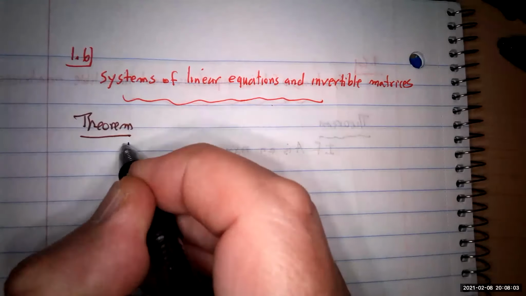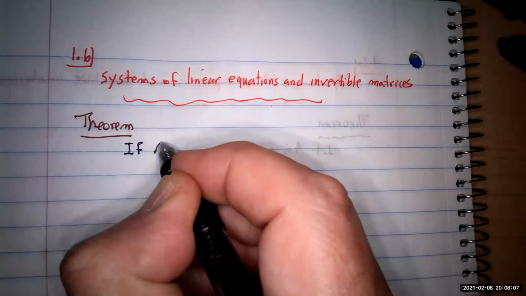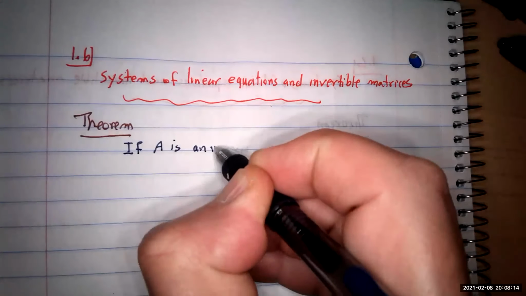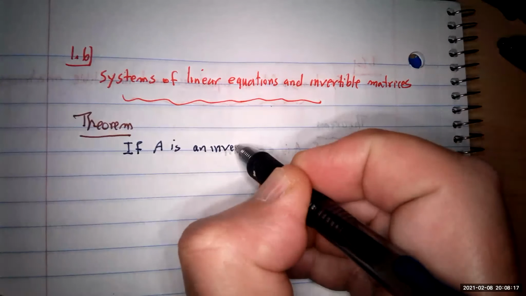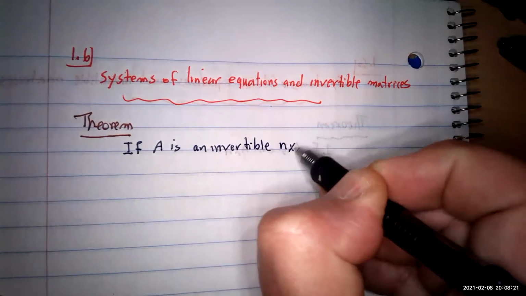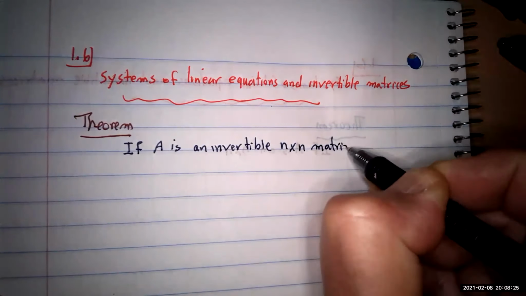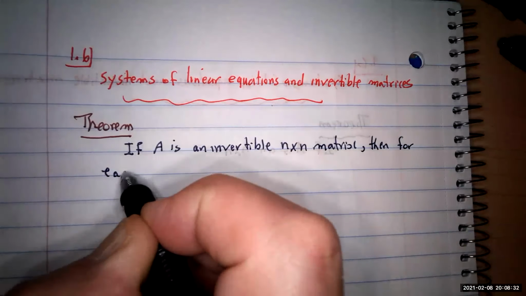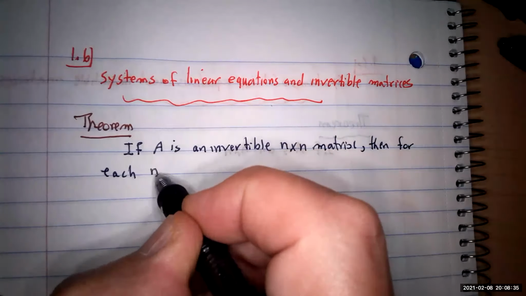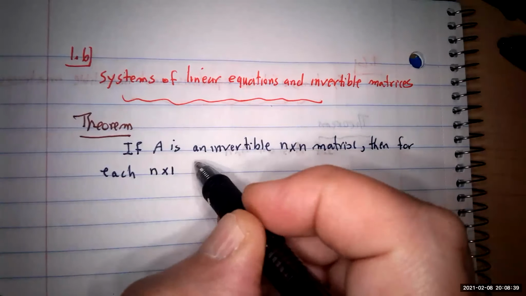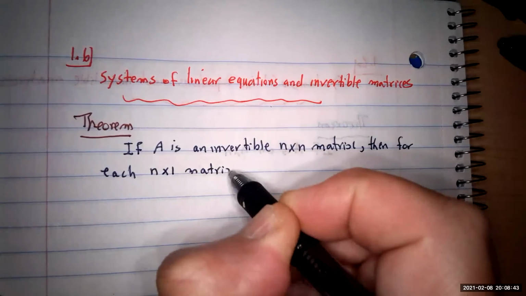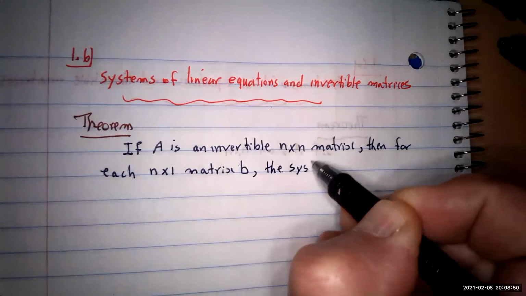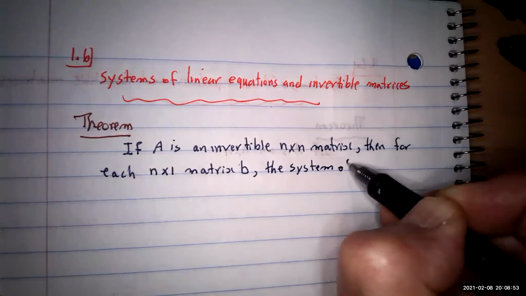The idea is, if A is an invertible n by n matrix, then for each n by 1 column vector B, the matrix of the constants of the system of equations,